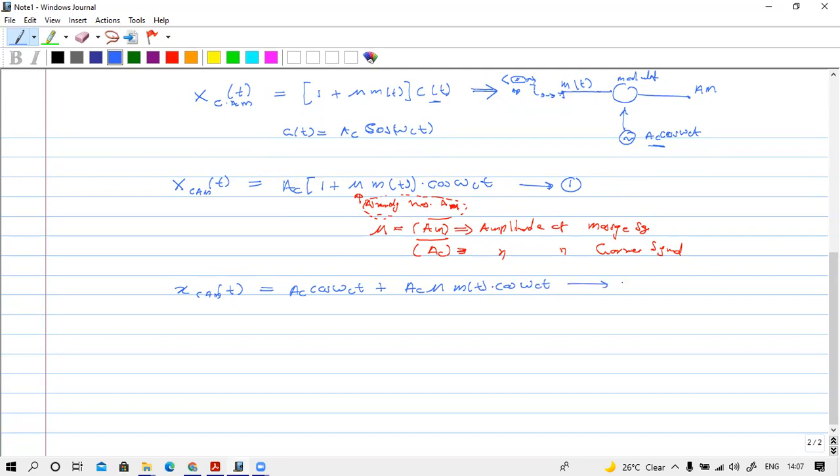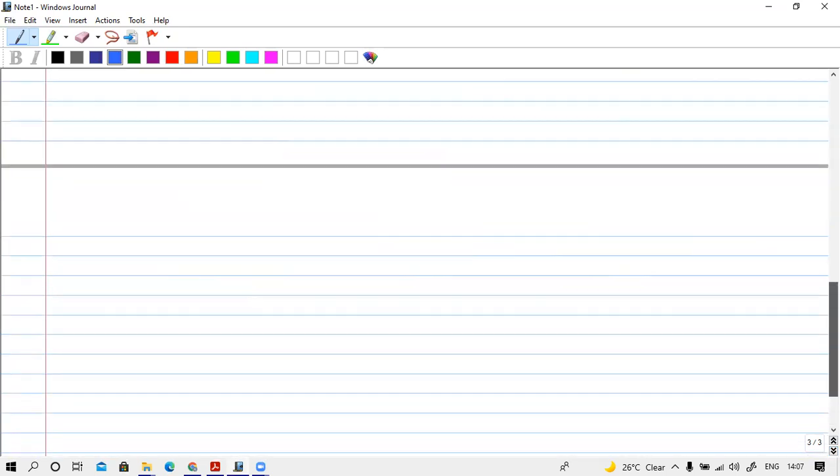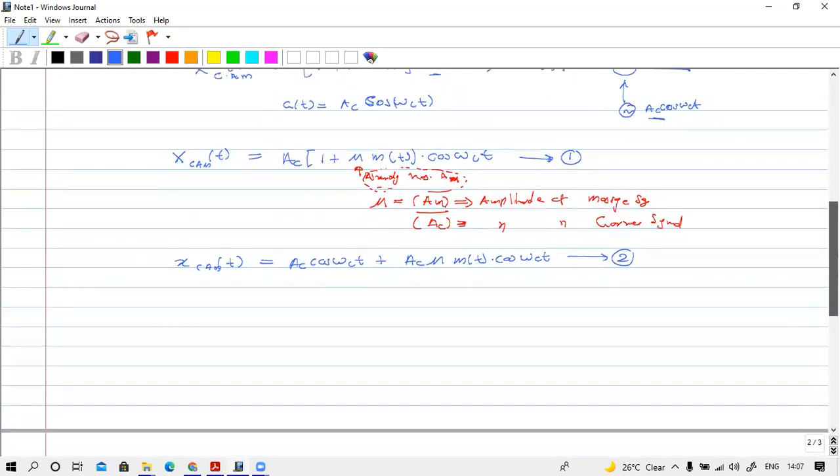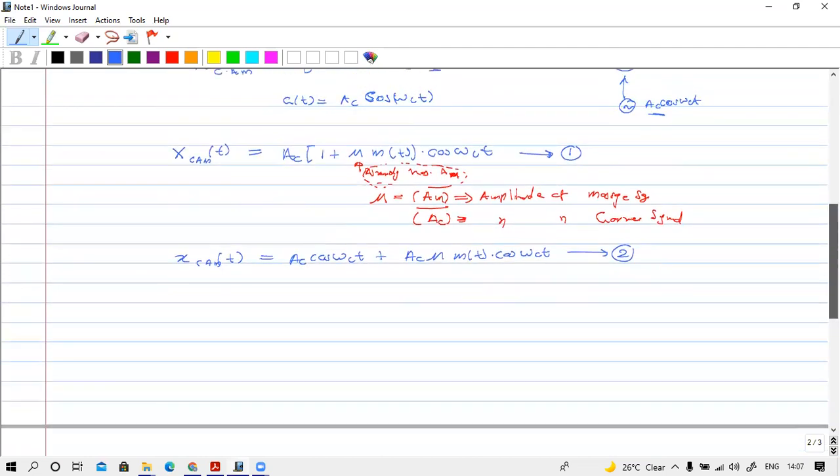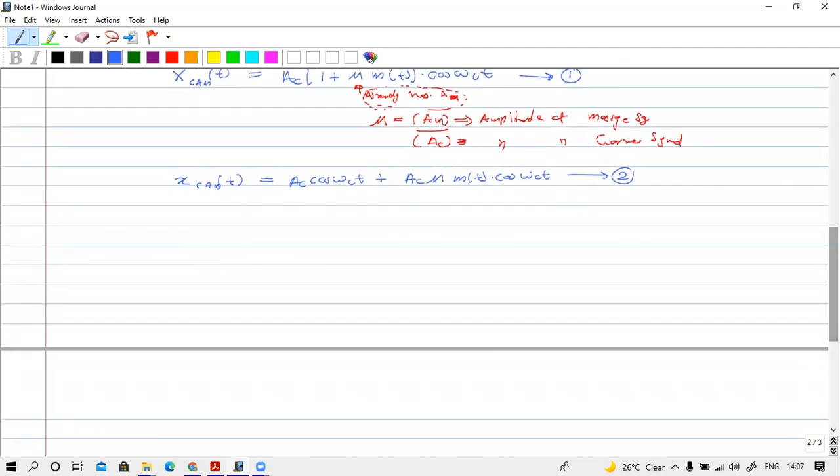In this form also we can write this amplitude modulated signal. Now if we draw the amplitude modulated signal,